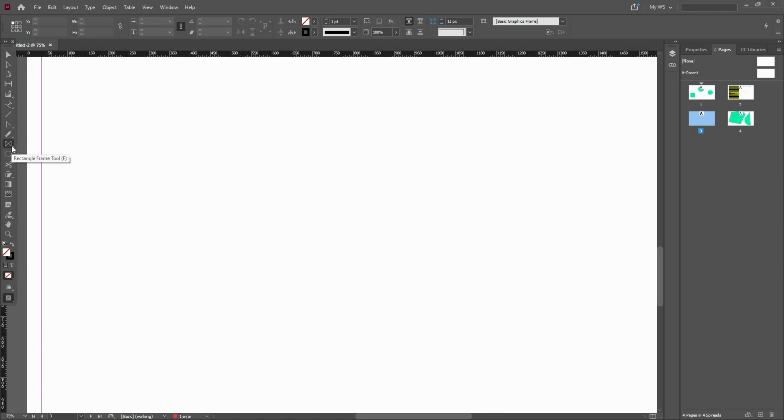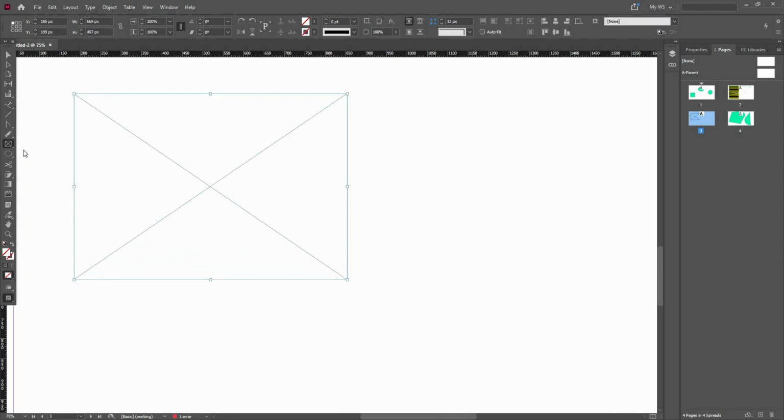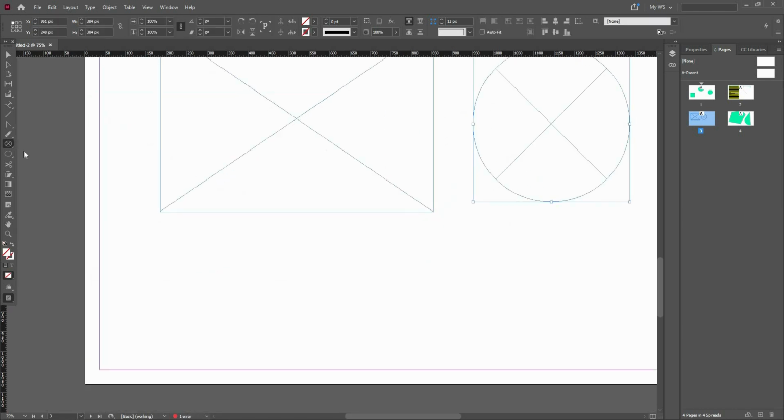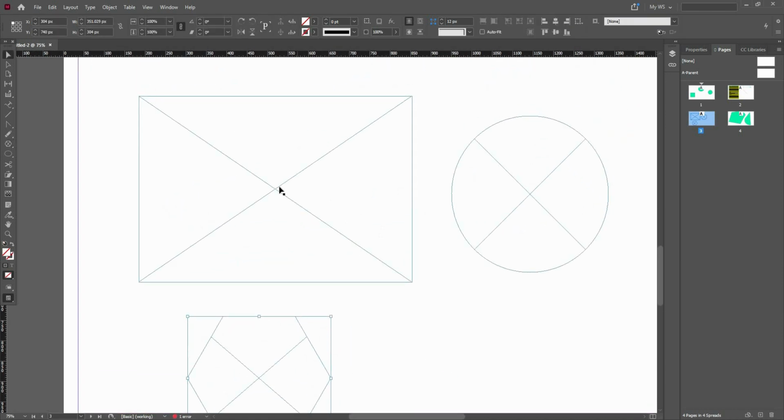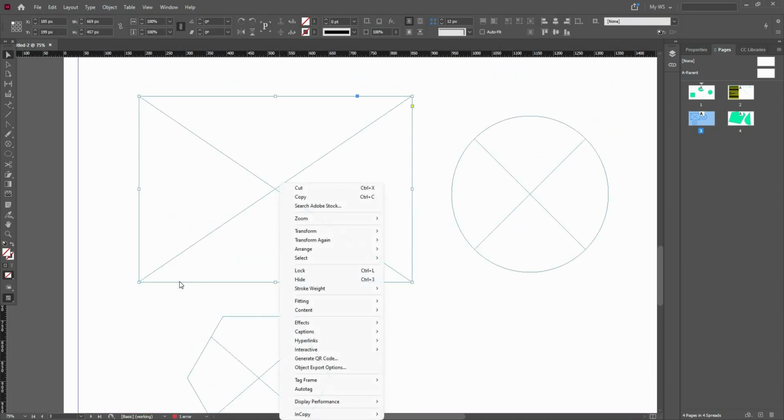And yeah, next is the rectangle frame tool. The shortcut is F. Ellipse frame tool, polygon frame tool, they all are the same, just the shapes are different. Just click and drag here. That's a rectangle, ellipse frame. And here we have the polygon frame tool. Okay, let's just say I select this and